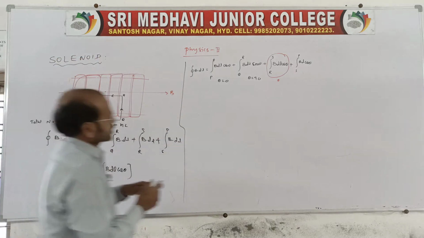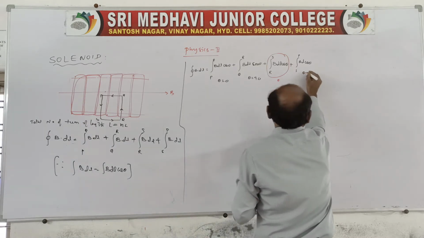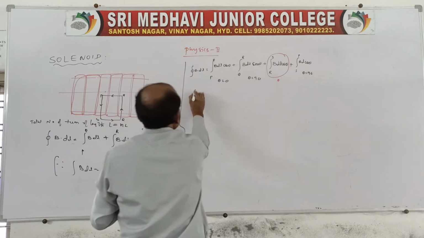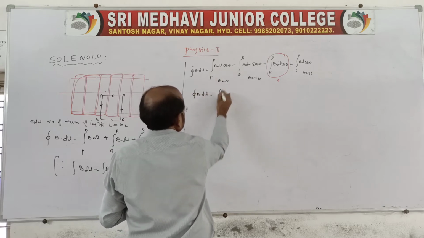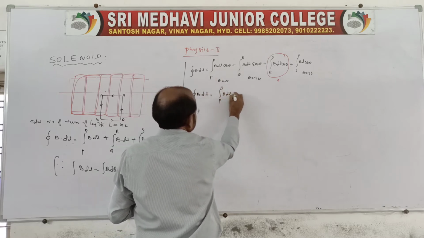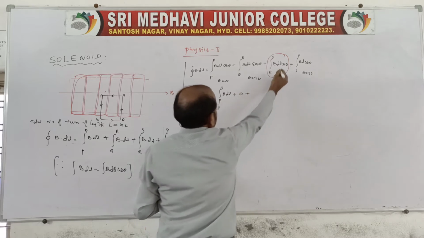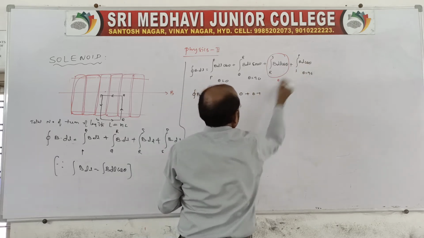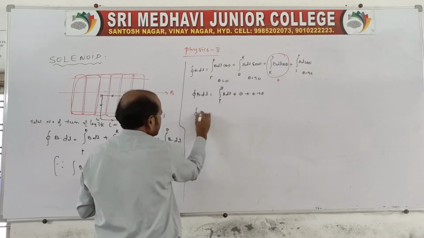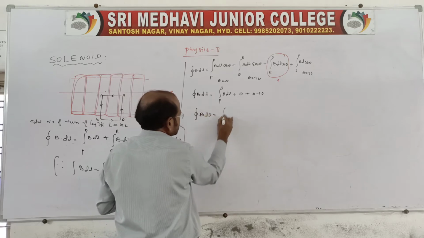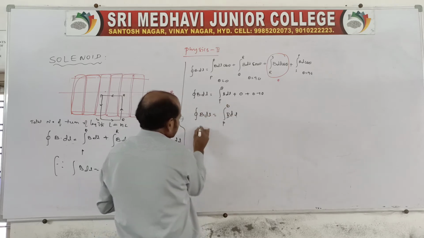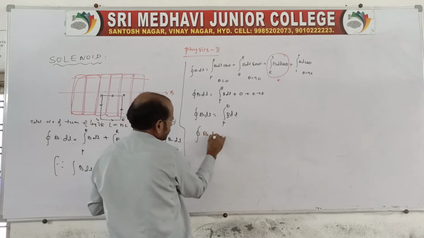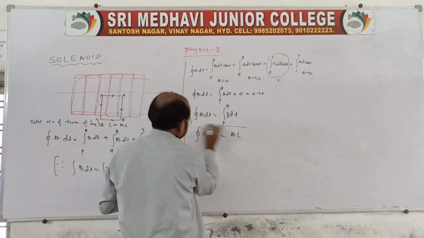Come to the point, this one also you take, again it is theta 90. Now you write these values, we will get the closed integral B dot dl is equal to cos 0 will be P to Q, B dl is maximum, plus 0 cos 90 0, here also cos 90 0. Then we have only one, that is integral B dl from P to Q. So closed integral B dl is equal to, we can say, B into capital L.